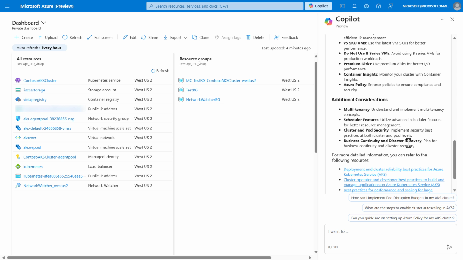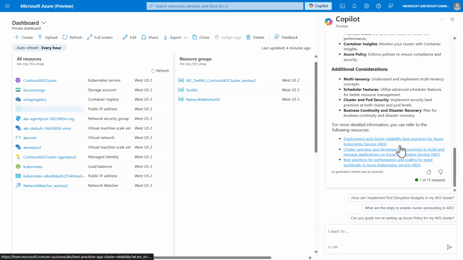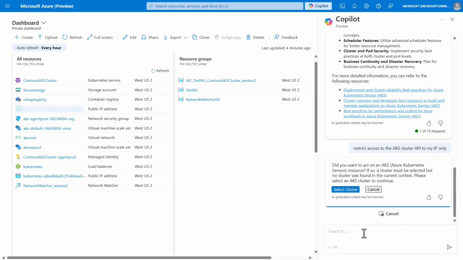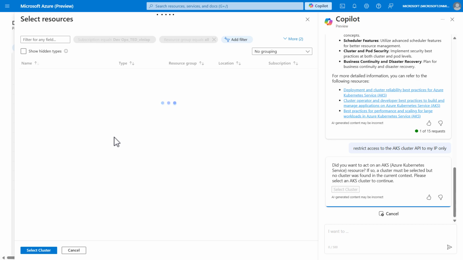And then if I do want to apply that configuration, I can ask Copilot for help on how to apply it. Let me give you an example. One of the things that Microsoft Copilot will see in the documentation is that it's probably a good practice to restrict the access of the cluster API to IP addresses that I know, and then you restrict the access for managing your cluster to only those authorized IP addresses. So I'm asking Copilot here to restrict the access to my IP address only. I'm going to select the cluster that I want to apply this configuration